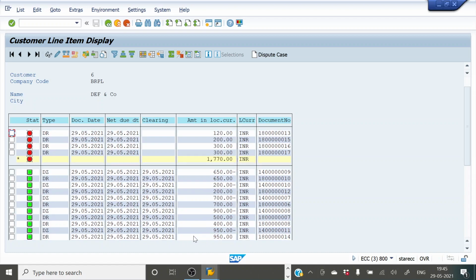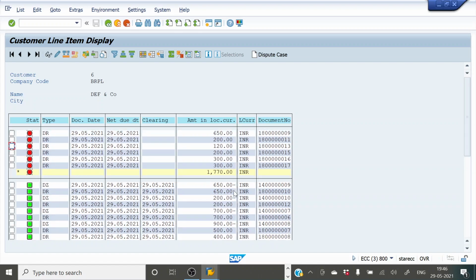This 950 is DZ, which is a payment entry, and this is DR, which is the debit, which is the invoice. Both of these have now come up in the cleared items, right? So we have actually applied the first payment, right?